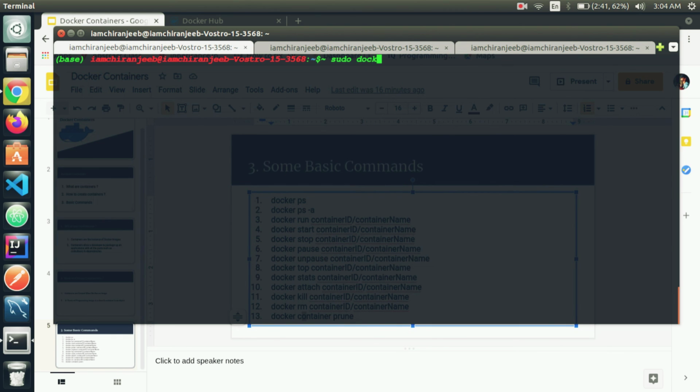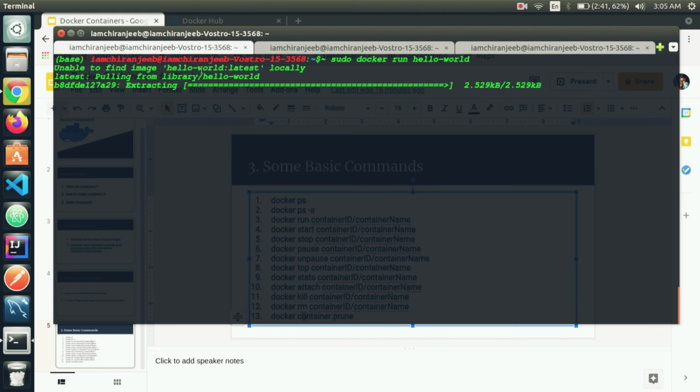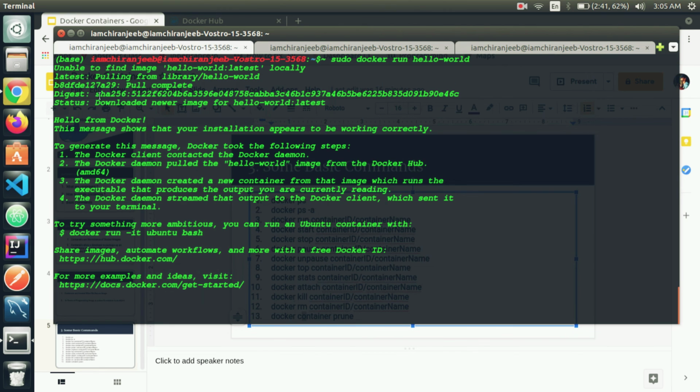Sudo docker run hello-world. So here also you can see, unable to find hello-world image locally, that's why it's pulling from the Docker Hub. Status: downloaded newer image hello-world latest. So if you do not specify anything, that will pull the latest version of the image.